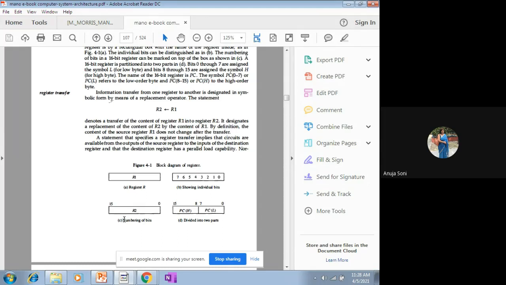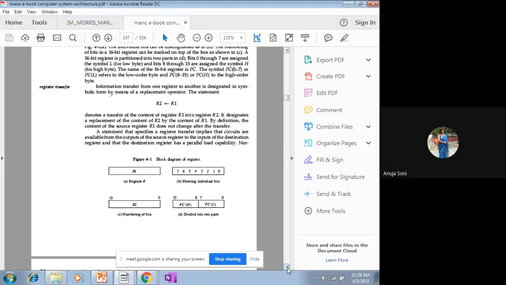And in figure C, it shows that for R2, the size of the register is 16 bits. Here it is beginning from the 0th bit and ultimately it is going up to 15 bits. So at the most, 16 bits may be stored within the capacity of this given register R2. Now it can be divided in two parts: lower bits and higher bits. From 0 to 7 bits may be called the lower bits of register R2. Similarly, from the 8th to the 15th bit would be called the higher bits of register R2.